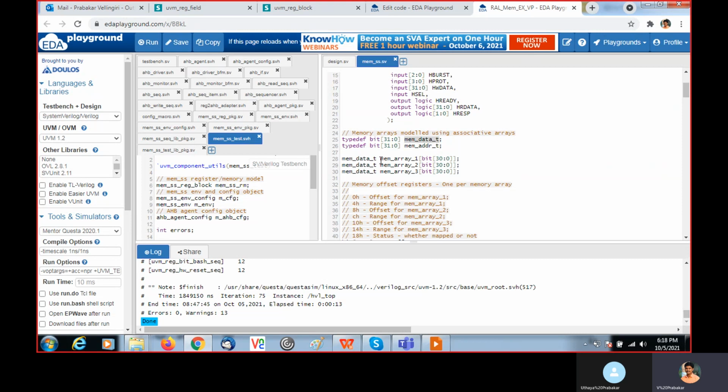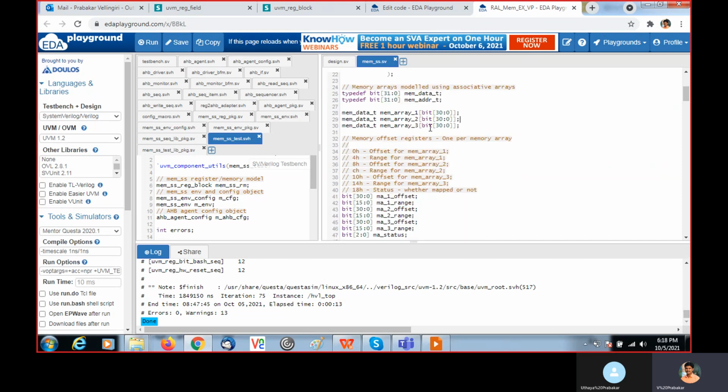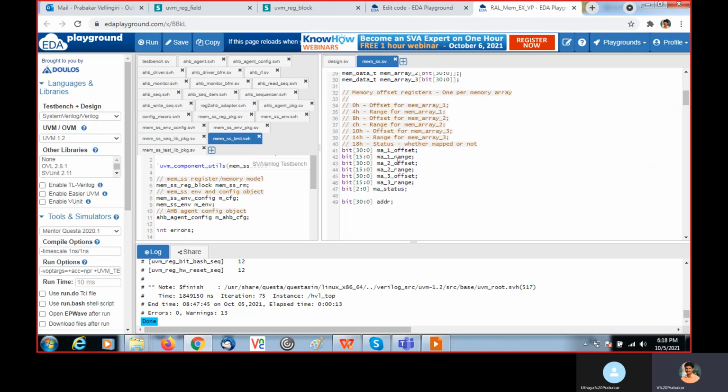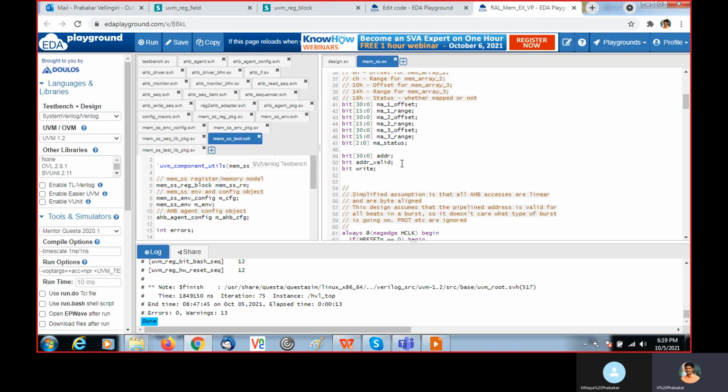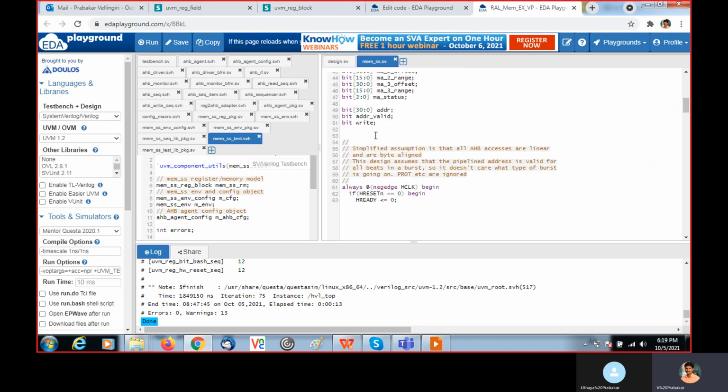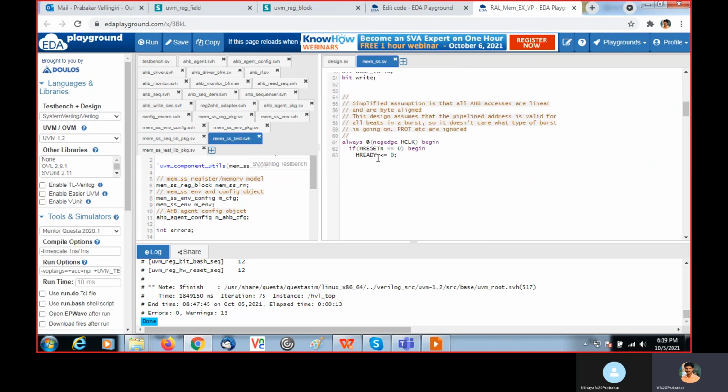Using that, I declare an array memArray1 as an associative array. So 3 memories are created, and these are the registers. Then these are the variables we are going to use, declared here.